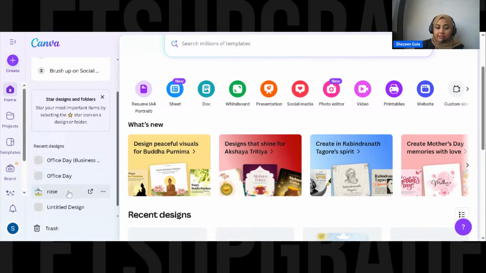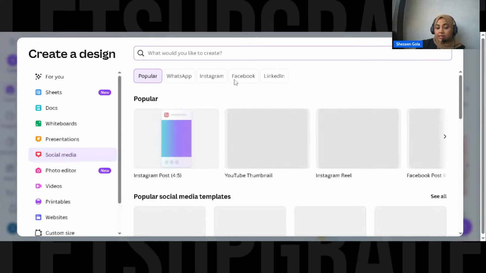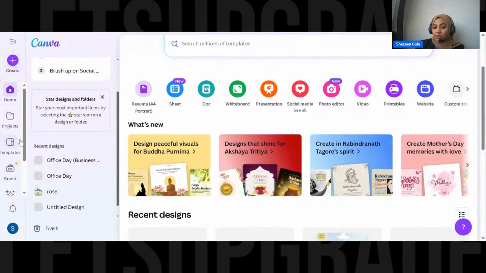Remember we made a birthday card from a template, and these were the A4 sizes. We used A4 sizes. There are social medias. If I click on social medias, you can see WhatsApp, Instagram, Facebook, LinkedIn, everything mentioned here. Whatever you see, we've already made a template of, and this is something called custom size.